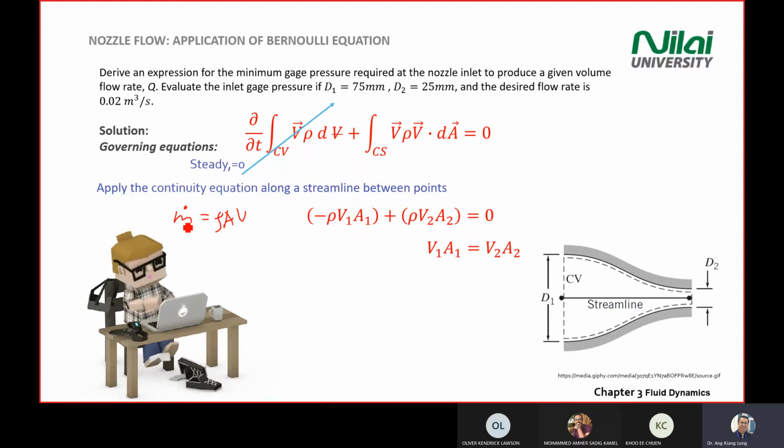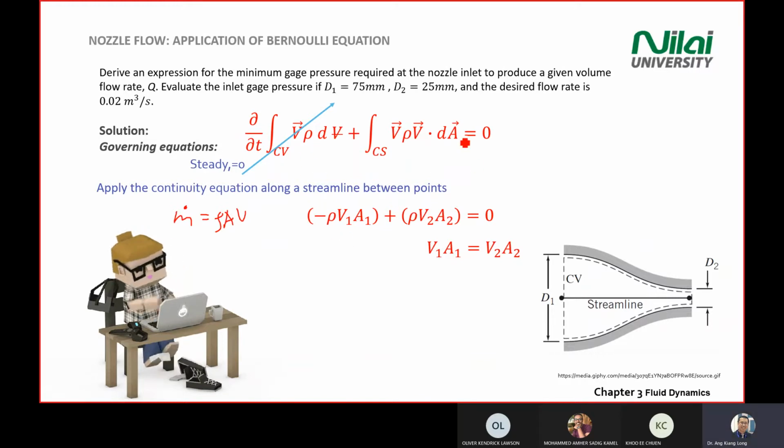Take note, in any test or exam, when the question asks you to use or apply the continuity equation, it means that we want to see whether you understand what m dot is, what mass flow rate is, or what the continuity equation is. Continuity equation basically is m dot. So by applying what you have, m dot,